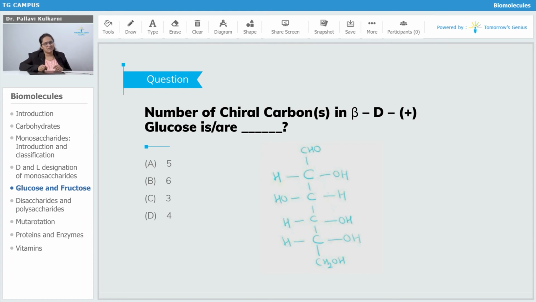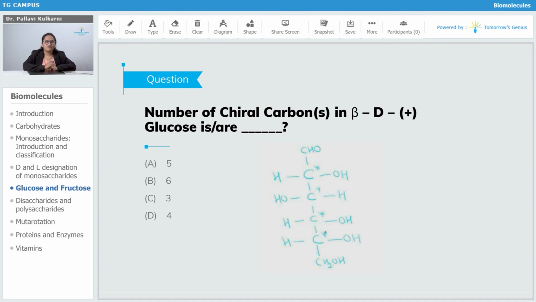Now you can see in this case the CHO group is free, which is not a chiral carbon atom, right? In the case of the cyclic structure, the CHO group was involved in the cyclization, the pyranose ring formation, due to which it became a chiral carbon atom. That is the reason in the case of the glucose open structure, there are only 1, 2, 3 and 4 chiral carbon